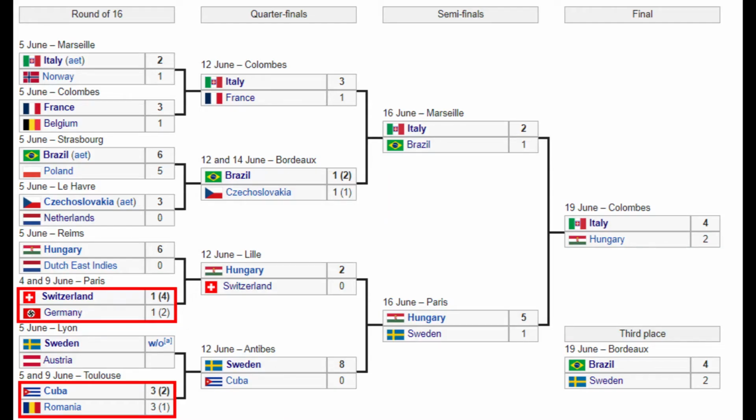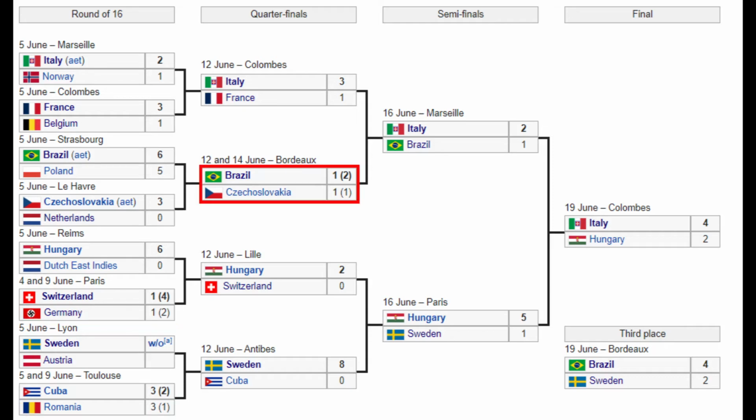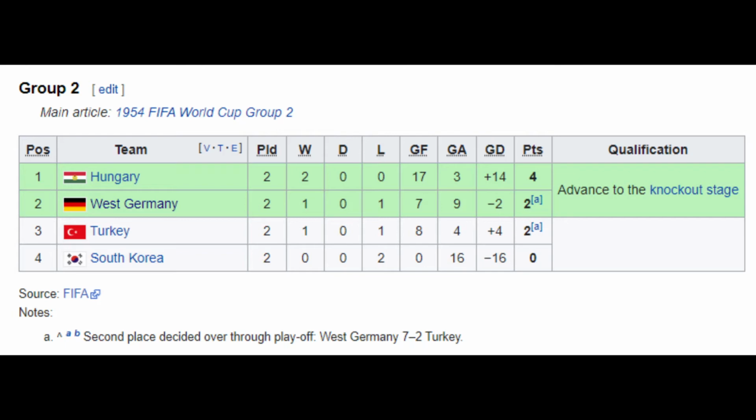In 1938, the round of 16 matches between Switzerland and Germany and Cuba and Romania would be decided by penalties instead of resulting in replays, won by Switzerland and Cuba respectively. Still, even if the shootouts resulted in different winners than in our timeline, they would have both likely been eliminated in the quarterfinals against Hungary and Sweden respectively. Additionally, the quarterfinal match between Brazil and Czechoslovakia would also go to penalties. Had Czechoslovakia won, they would have probably lost against Italy in the semifinals, even though a win is within the realm of possibility. The next eligible tournament is the 1954 World Cup.